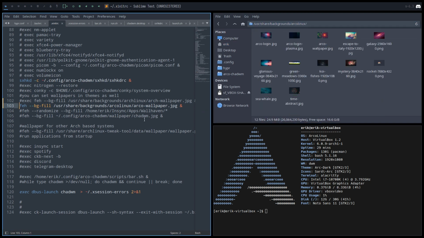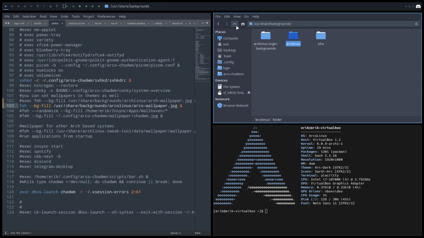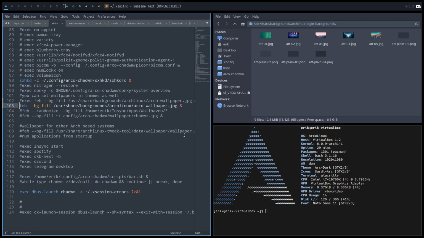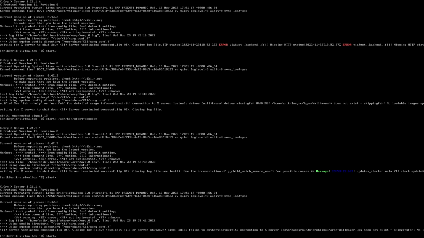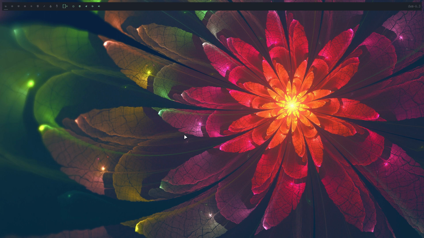There you are, and he'll find the Arco wallpaper. So ArcoLinux doesn't exist. I couldn't use one of those as well. Enfin, we've got ourselves a V wallpaper, Supershift R. That's not working. Startx, nice wallpaper. Now,